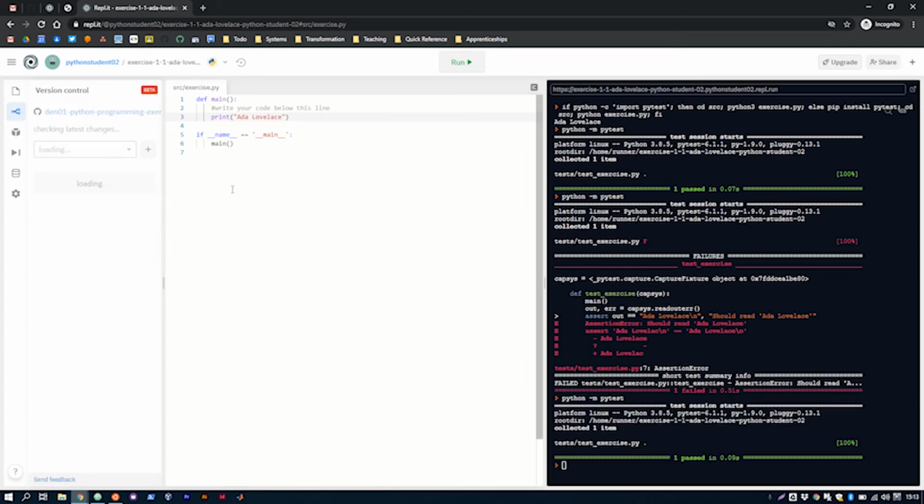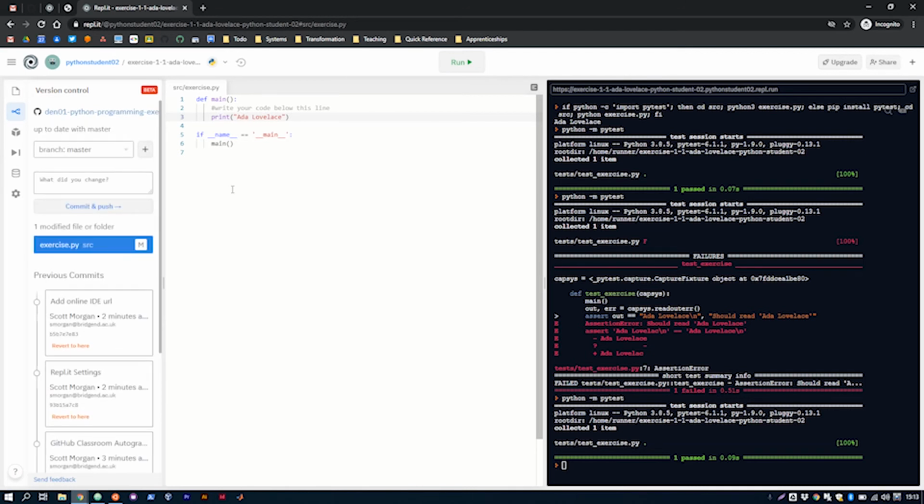Now, to send this program back up to GitHub into your own personal repository, and GitHub is where your code is then stored, we can commit and push this directly to GitHub using this branch feature version control over here on the left-hand side. So I'm just going to write in my commit message, and if you want to sort of learn more about Git and GitHub,